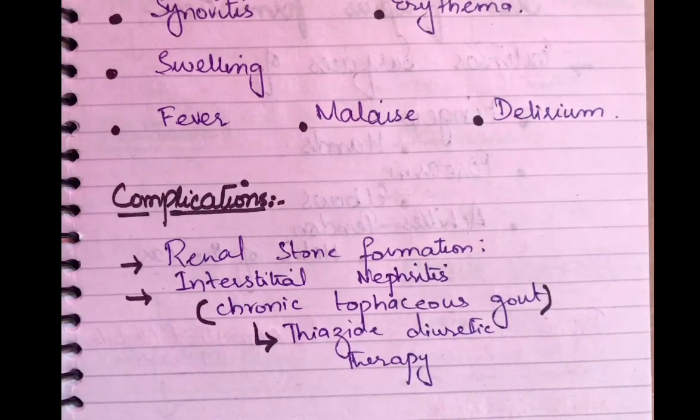By the use of thiazide diuretics, which cause diuresis in our body, the fluid content of the body is reduced. When it reduces the fluid content of the body, solutes of the body increase with the passage of time. When the solutes of the body increase, they will result in the formation of stones in the body, or these large crystals just damage the tubules of the kidney. So here we are done with the clinical features of gout.